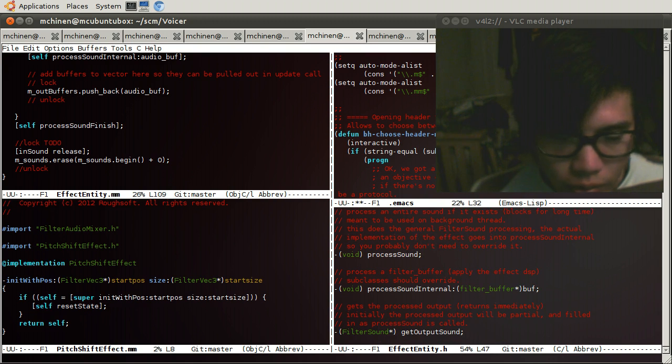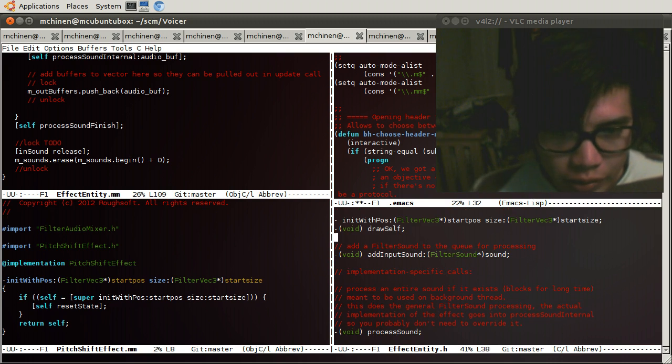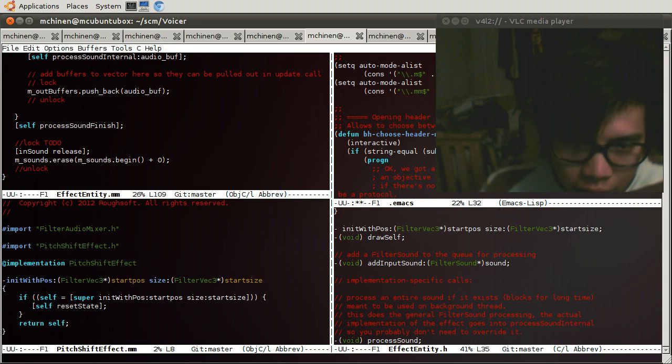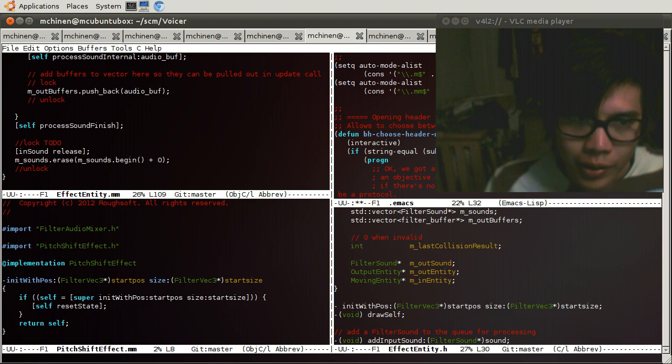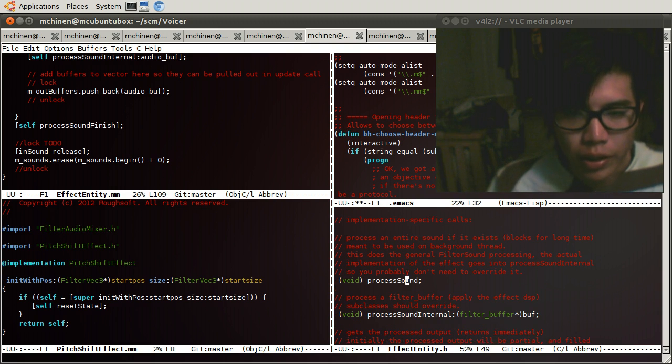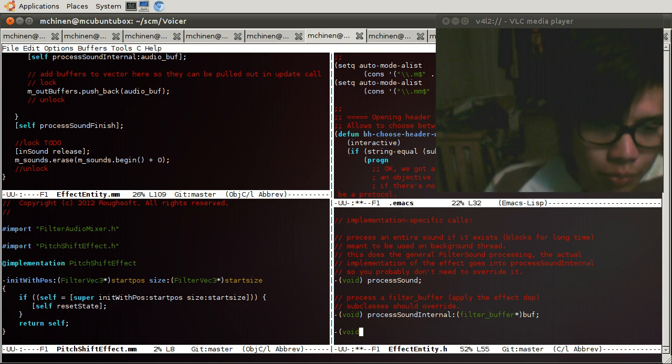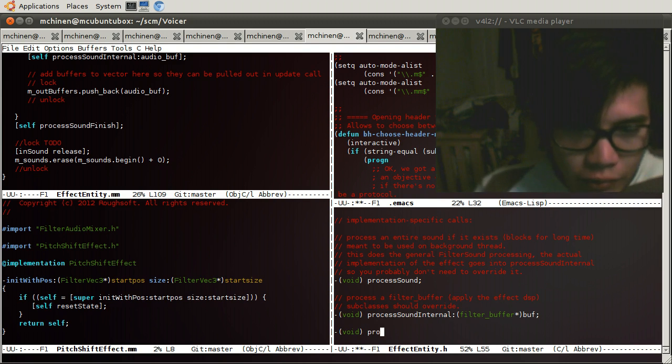It looks like I'm watching the stream on the other side and it looks really crappy. I apologize, but I'm working on getting the encoder at a reasonable level where you can still see the text and it doesn't bog out all the time. But anyway, we need this process sound finish call. That'll be a virtual method. Well, I'm a C programmer, C++ guy, so I think of virtual, but it'll just be